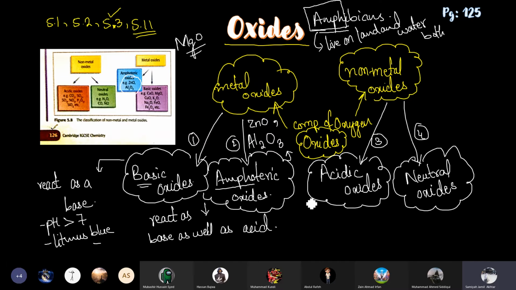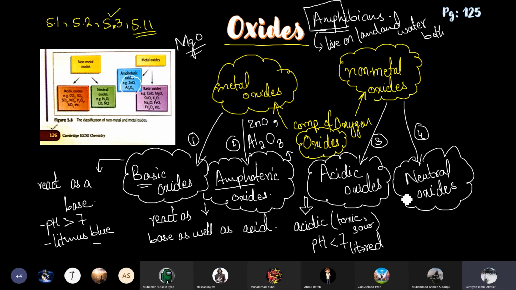Okay, so acidic oxide, as the name indicates, is acidic. It reacts as an acid and shows the properties of acids. So it's toxic, dangerous, sour in taste, and its pH is less than 7. It turns litmus paper red, and it also gives a neutralization reaction when it reacts with an alkali. So the simple acidic properties they will show, they're acidic in character.